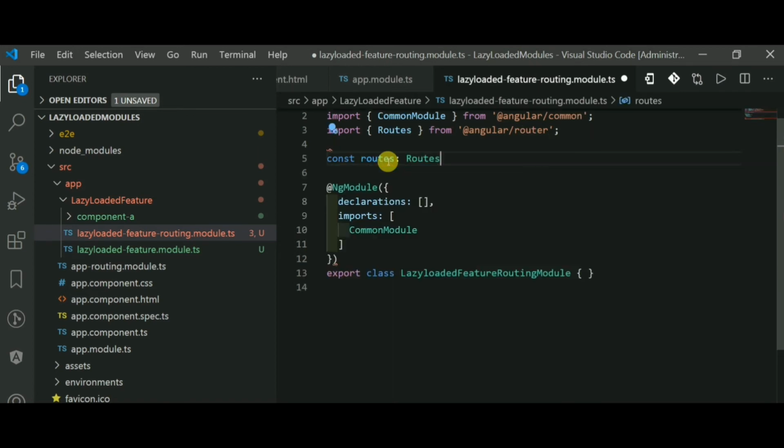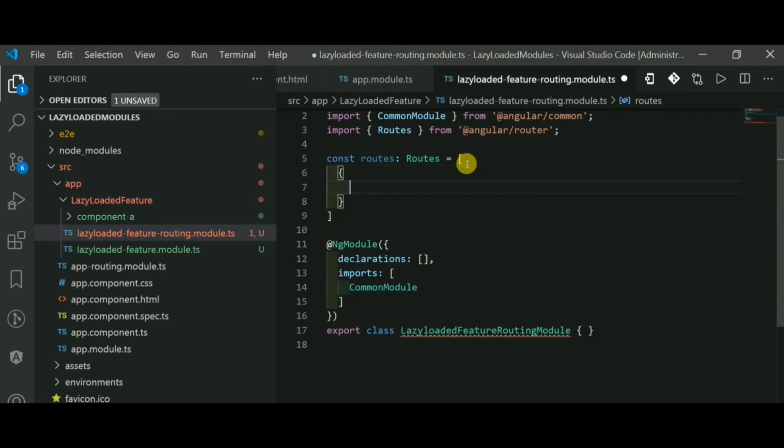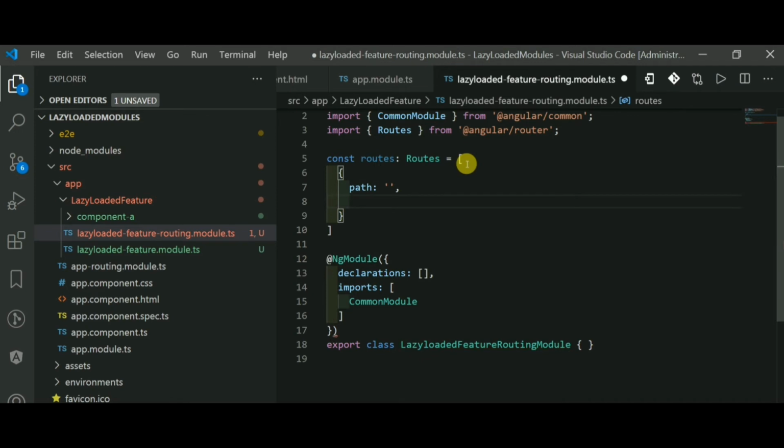You can see that with the quick fix, Routes will be added to the import statement. It will be of type array. We need to define the path here, but as you know, we are going to load this module lazily, so we are not going to load it eagerly. We just need to pass this path as empty, and the component name should be